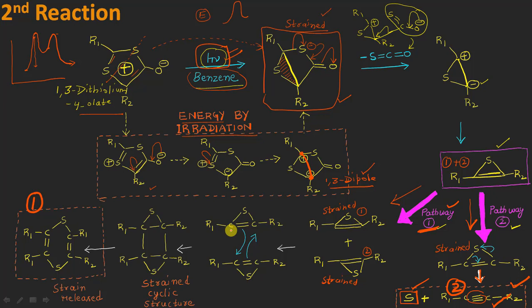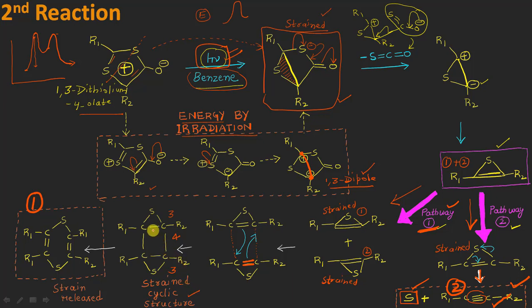So these electrons are coming in between this carbon and this carbon here, and the pi electrons of this double bond are coming in between this carbon and this carbon, resulting in the formation of this type of four-membered structure, as well as a three-membered structure present here on the upside as well as on the downside, right? So finally, even this is also a strained cyclic molecule, because up to four-membered ring, we used to say that the molecule is a strained type of molecule, right?